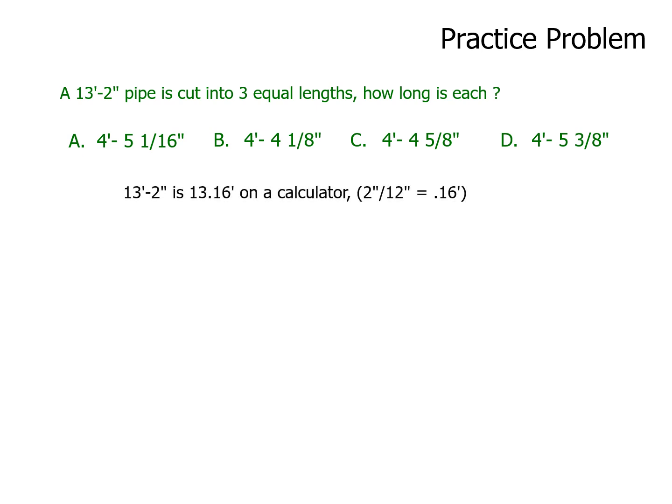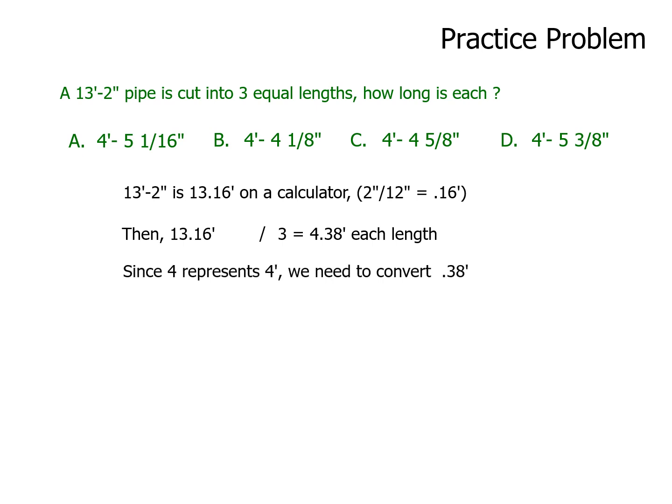So 13 foot 2 inch. Now I cut the 2 inch and went ahead and converted it. I said 2 inches divided by 12 is 0.16 or 0.17 or 0.166, whatever you want to leave it. I want to come back here and show you the difference here. What difference does it really make where you round the numbers? The test writer said you can truncate at 2 or you can carry it out to 10. It's not going to make a difference one way or another to you. So whatever you feel comfortable with.